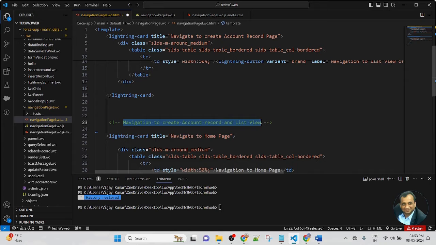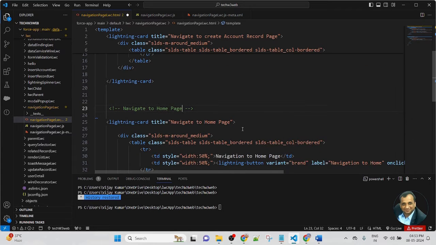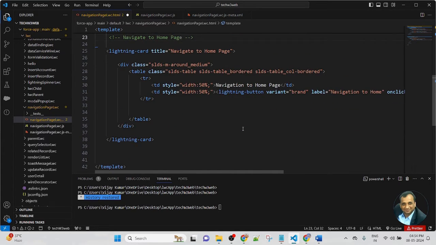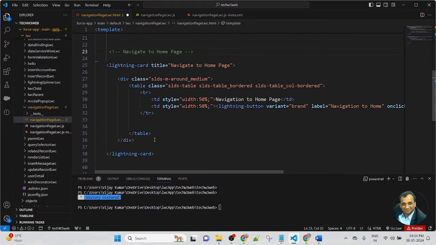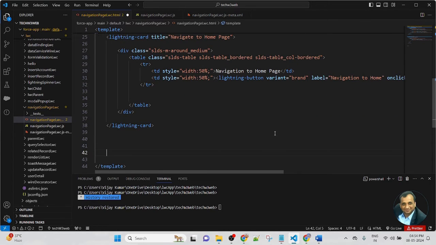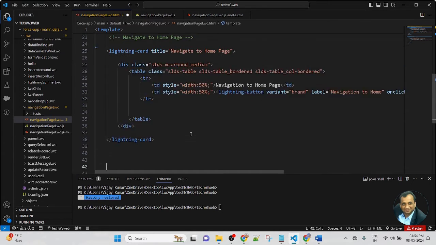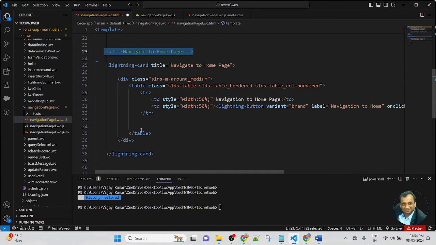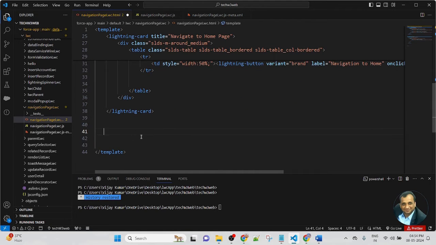Let's comment on the sections so that in the future it will be very easy to understand. And now this section I will use to navigate to the Chatter page.